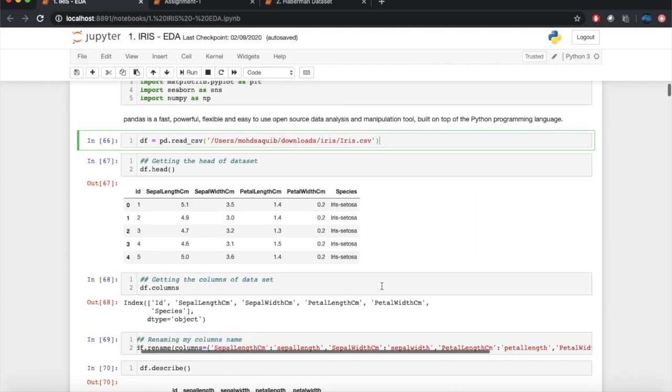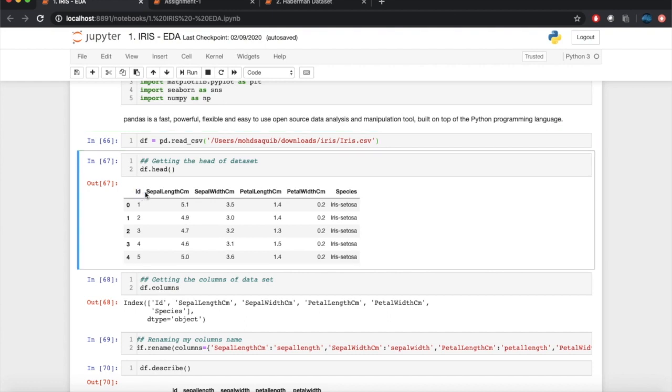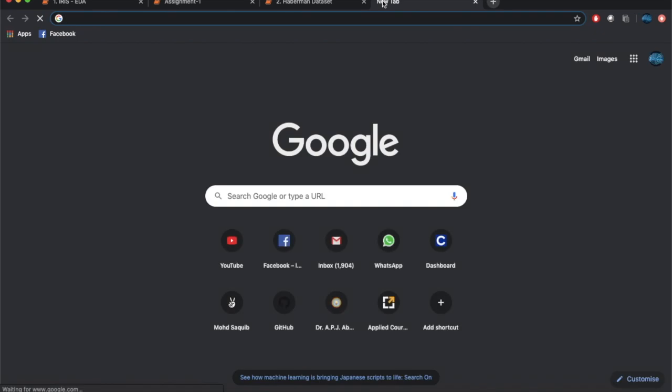virginica. And this dataset has four different attributes, features we can say, along with an ID: sepal length, sepal width, petal length, and petal width, all in centimeter. You must be wondering what these features are. So first let me go through the iris